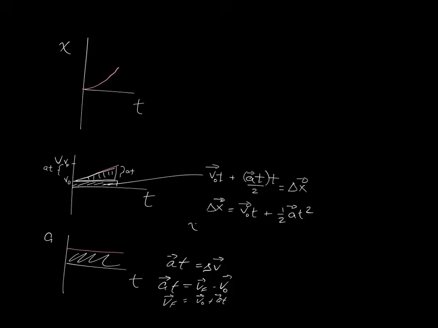Now if I just put final position minus initial position in place of my displacement, or change in position, right, I can rewrite everything here. So what I'm looking at in the end, when all is said and done, is my final position has to equal my initial position plus my initial velocity times time plus 1/2 AT squared. So this is a vector equation,